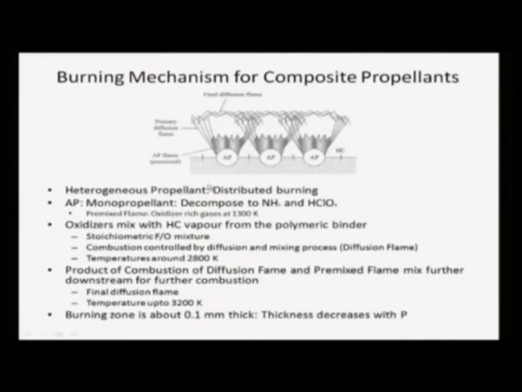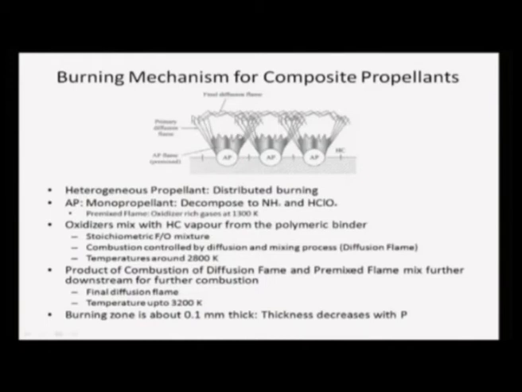Now, this oxidizer mixes with the hydrocarbon vapor, which is produced by evaporation of the hydrocarbon from the polymeric binder, and a stoichiometric fuel air mixture is created slightly away from the surface, and therefore, now at this surface it burns in a diffusion mode. So, a primary diffusion flame is created, and the combustion is controlled by diffusion and mixing processes, as seen here. Temperature will increase to as much as 2800 Kelvin,